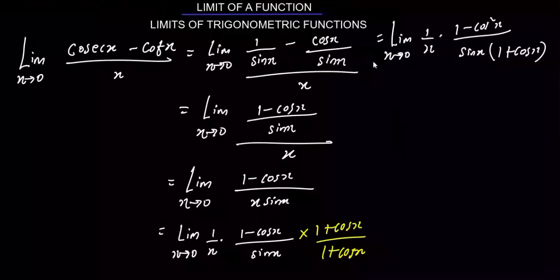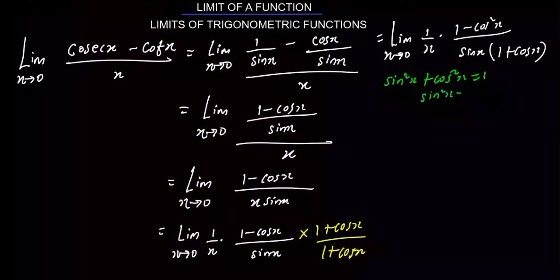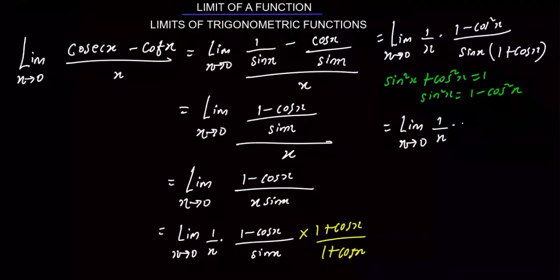See, remember that sin squared x plus cos squared x is equal to 1. So sin squared x will be equal to 1 minus cos squared x. So this 1 minus cos squared x, I'll replace it with what? Sin squared x. So I'll be having the limit as x tends to 0, 1 over x times sin squared x over sin x, 1 plus cos x. So doing this, I'll know that this sin x here will cancel one of these. So I'll be left with